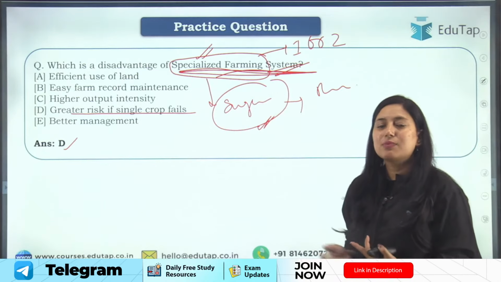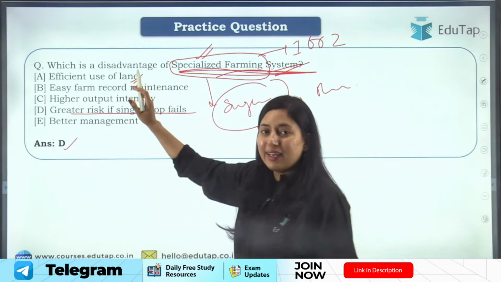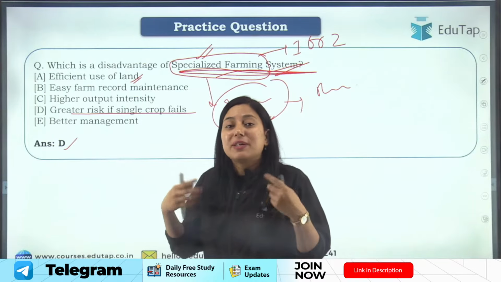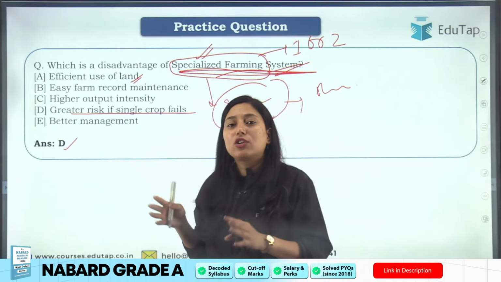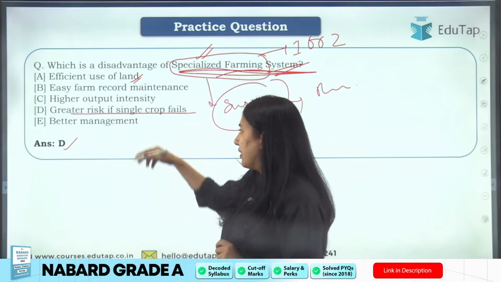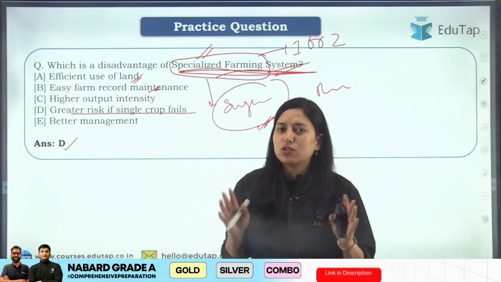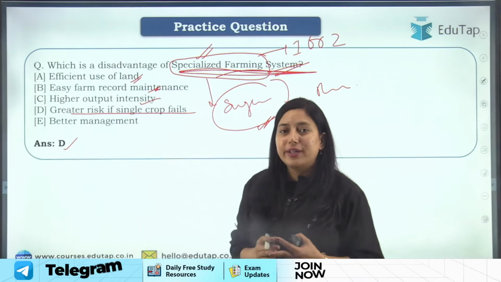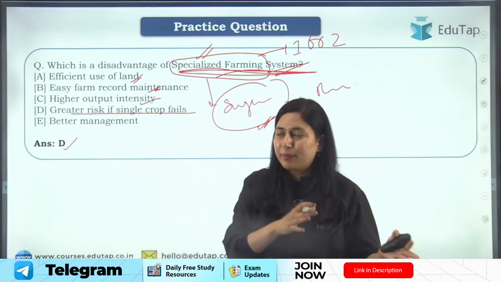Like अगर sugarcane specialization है, farmer specialized है sugarcane production में, तो sugarcane के साथ अगर वो कोई pulse crop भी ले रहा है for say, बट उस फार्म से मैक्सिमम रिटर्न जो आता है वो शुगर केन से आता है. This is a specialized farming system. Now if we see the option efficient use of land, yes, this is causing efficient use of land because farmer is specialized in that particular crop, so it is growing that crop efficiently on that particular piece of land, right? Easy to maintain farm record because only 1 to 2 crops are grown, so एक दो crop का farm record maintain करना easy रहता है, right?